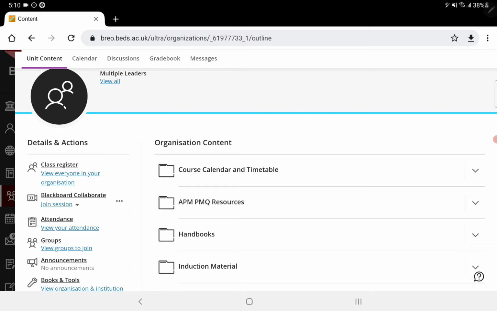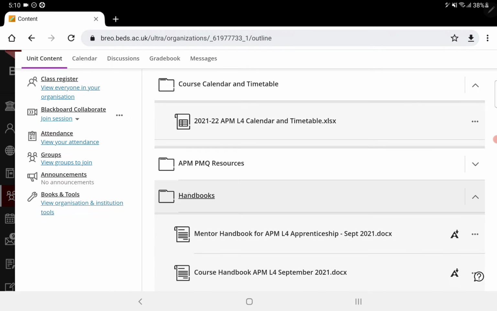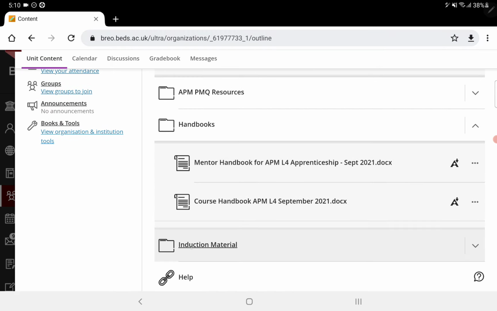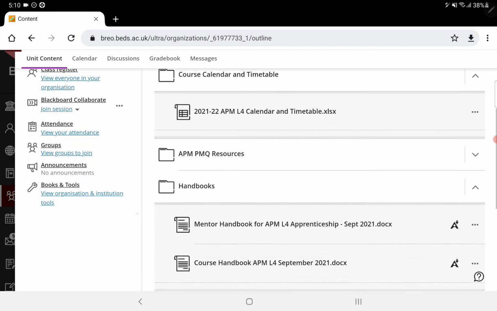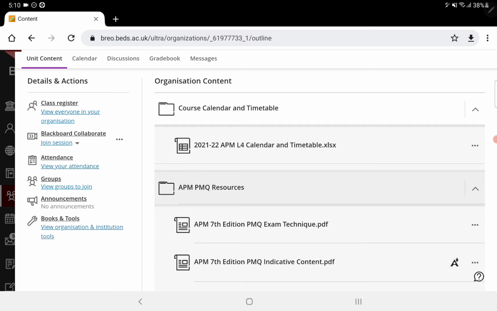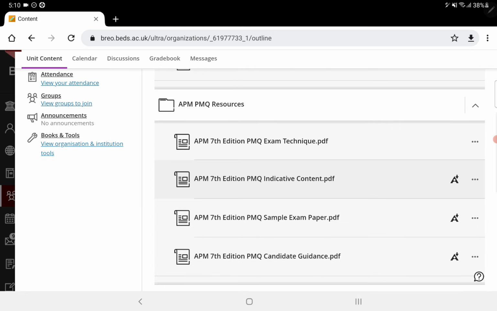This isn't a place to find unit material, but as you can see here, you'll have your course timetable, your various handbooks, induction material if you're looking for the slides that we use in the induction material, and if it's relevant to you. So not all groups of apprentices will be taking the APM's PMQ exam, but if it is relevant, you'll also find PMQ